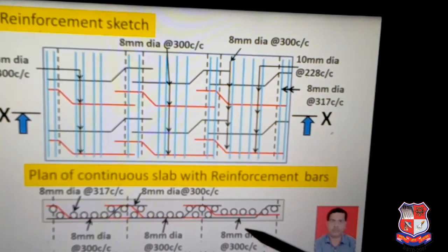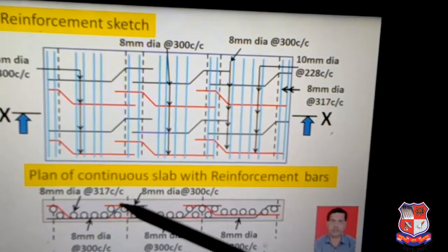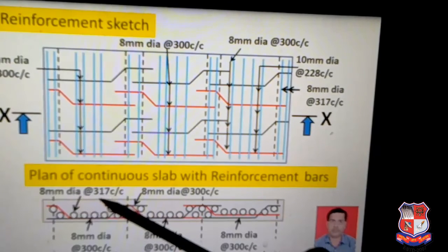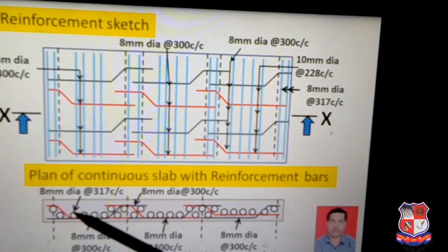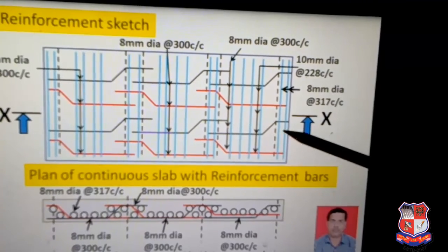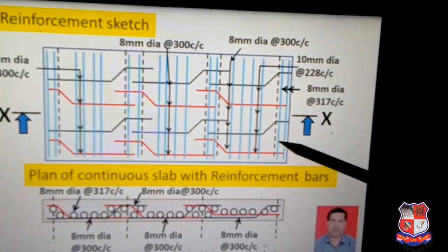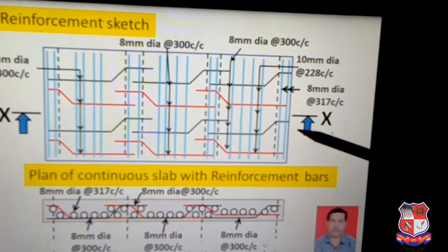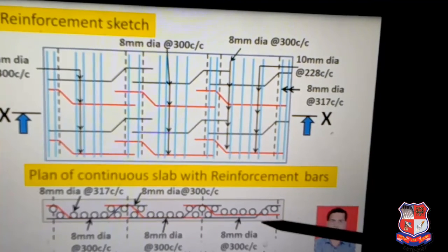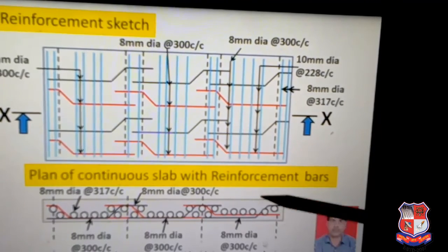Again the same diameter of bars has been shown here. These are the bottom bars, 8 mm dia, 300 mm center to center, and again here the same dia and same spacing, and the distribution bars are 8 mm dia, 317 mm center to center as shown, and this is the same steel everywhere. In this way we have shown the plan of the reinforcement sketch as well as one X-X longitudinal cross section, where the depth of the slab is visible and along the depth the reinforcement position is also shown. Now if we see a three-dimensional view of the reinforcement placed in this continuous slab, how it looks,